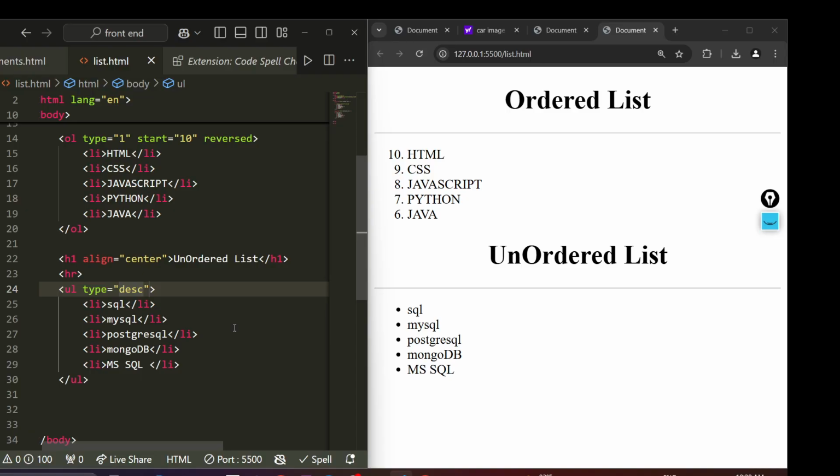Or else you can take none also. If you use none, there are no list items displayed here. It means the bullet markers will not be displayed if you give none. So these are all the 4 values you can pass in the type here: circle, square, then disc. So apart from these, if you want to give anything else, we need